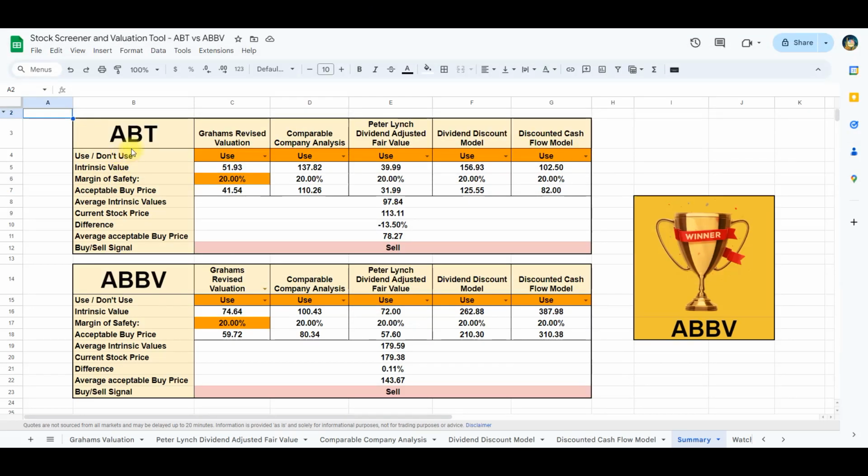In the summary section, we've assessed and compiled all calculated intrinsic values for Abbott and ABBVI, making strategic decisions on which valuation models to include in the final calculation. Using the average intrinsic value for all 5 models, the mean intrinsic value for Abbott is $97.84, which is 13.5% below the current stock price. Acknowledging the inherent uncertainties, a margin of safety of 20% is incorporated, leading to an acceptable stock price of only